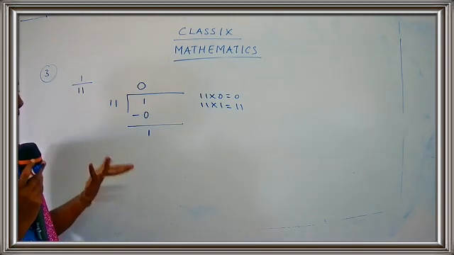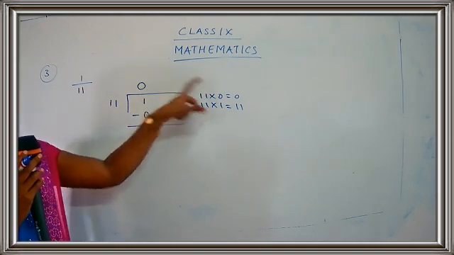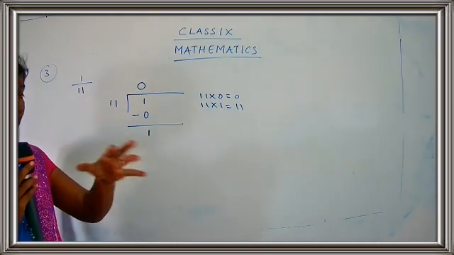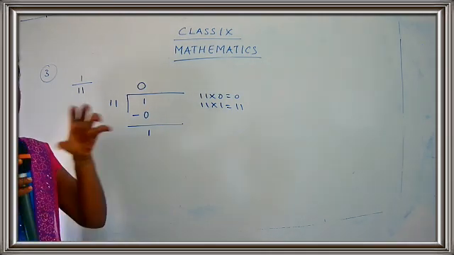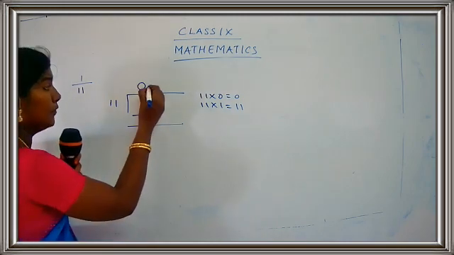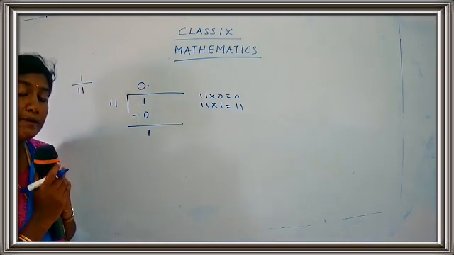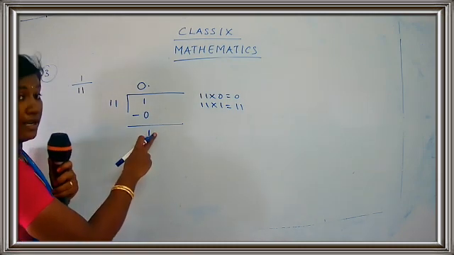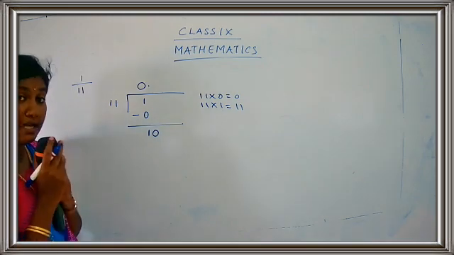Okay, children? Now again I have got a number 1, and I cannot keep writing 0, 0, 0. That is not a way of doing the sum. So what I am going to do is introduce a decimal point. I'll put a decimal point here. Now once you write the decimal point, you can add a 0. I'm going to add a 0 here. So what did I get here?